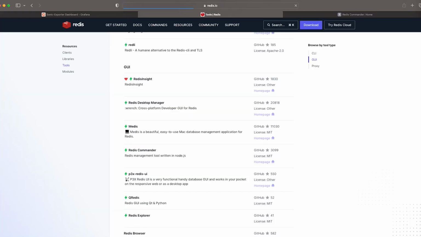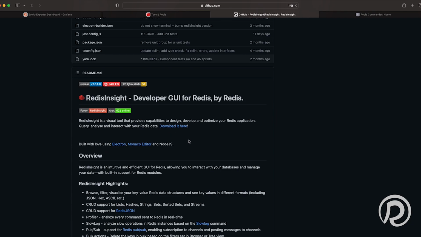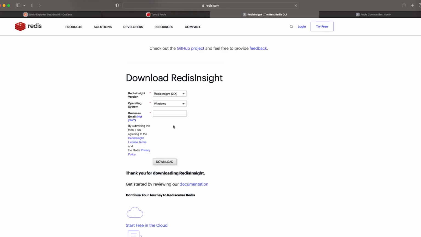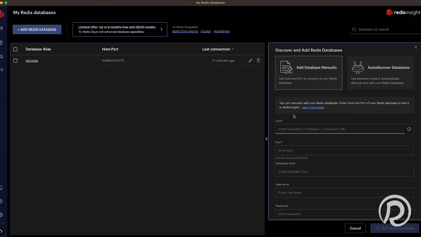At the end, let's have a quick look into Redis Insight. Redis Insight, on the other hand, is a desktop application which is available for all popular operating systems. The installer can be downloaded by providing your basic details, and installation is very straightforward. In Redis Insight, a database can be added very similar to Redis-commander, except that here the user needs to create multiple